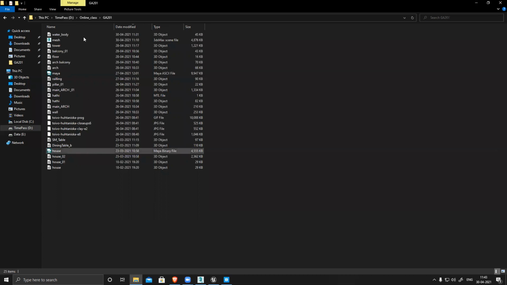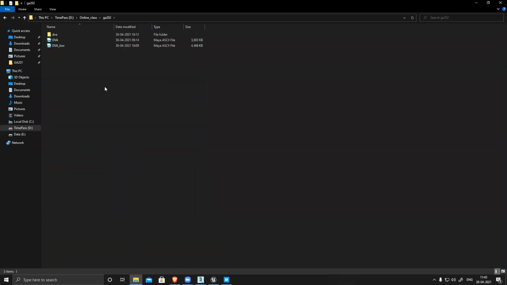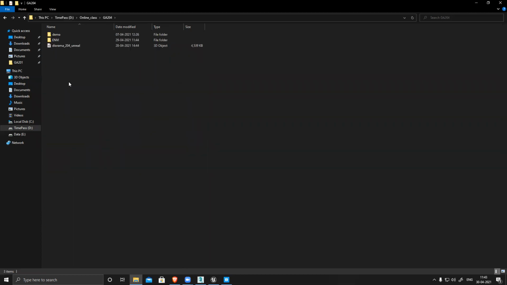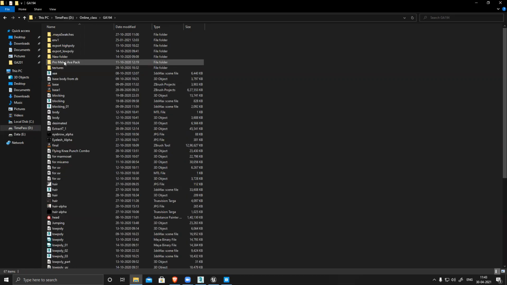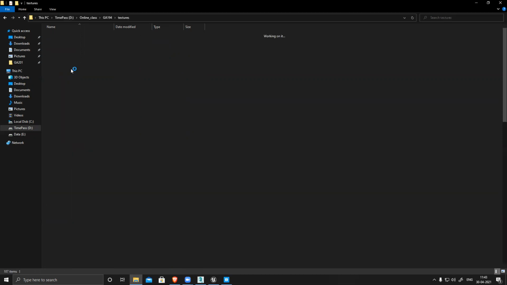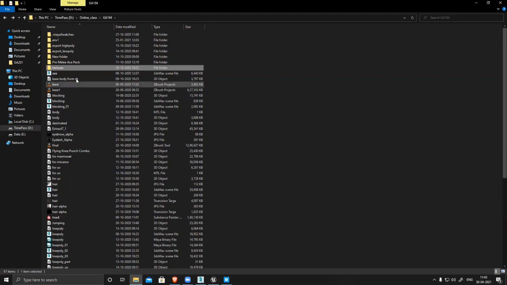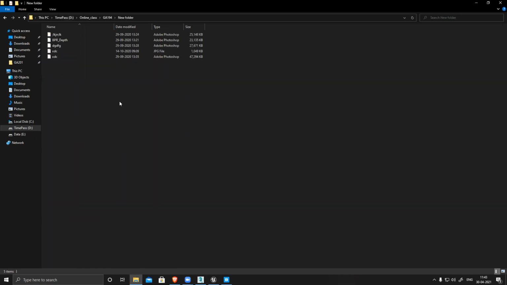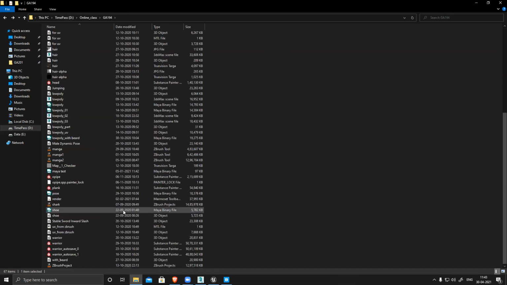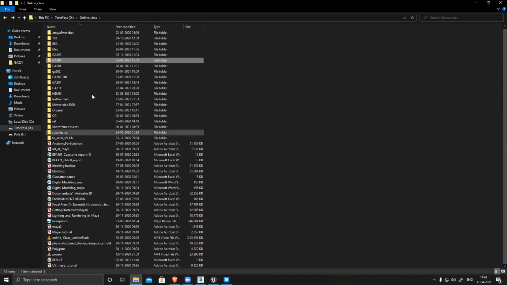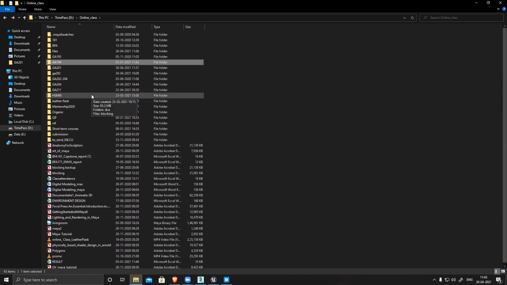My trim sheet file. Should be here only. And this is the character. Where is my environment? I don't exactly remember where I kept it.